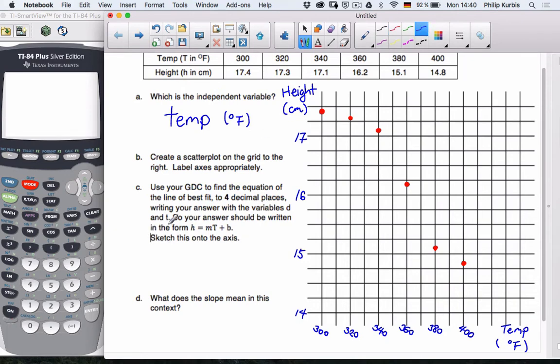Next, we are going to use the GDC to find the equation of the line of best fit to 4 decimal places. I suppose that should say regression line, not line of best fit, because line of best fit we would do by eye. There is one mistake here. We are actually looking for temperature as a function of height. We mixed our independent and dependent up, so we fixed it on ours, but yours, you'll need to switch the variable h and t to match it up here. So sketch this onto the axis,